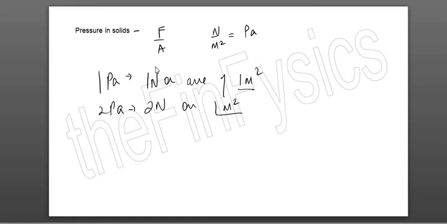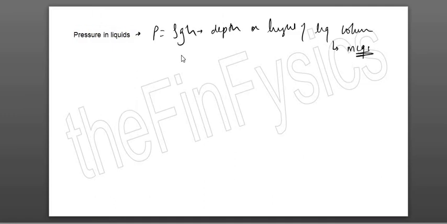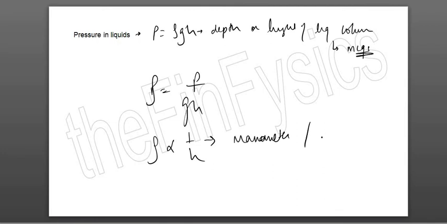Okay, over here in this case, you can equate pressure and area, that your pressure is directly proportional to force. Heavier the object, more is the pressure, and pressure is inversely proportional to area, which means greater the area, less is the pressure. Are we clear? Now from here, I can easily say that your density is equal to pressure upon gh, which means your density is inversely proportional to height. This they normally use in a manometer or barometer. We'll talk about it when we do manometer and barometer as well.